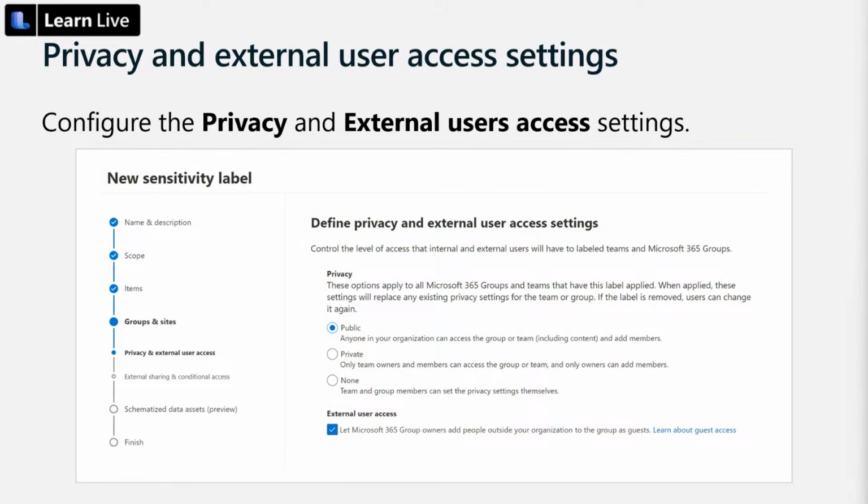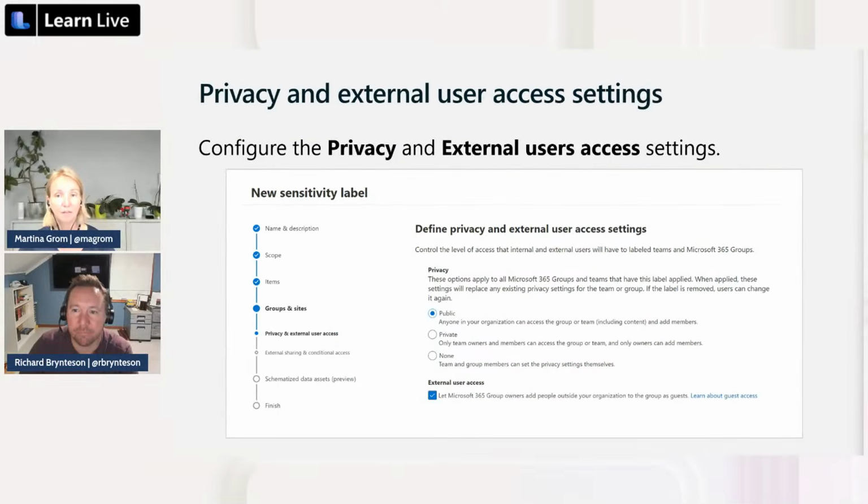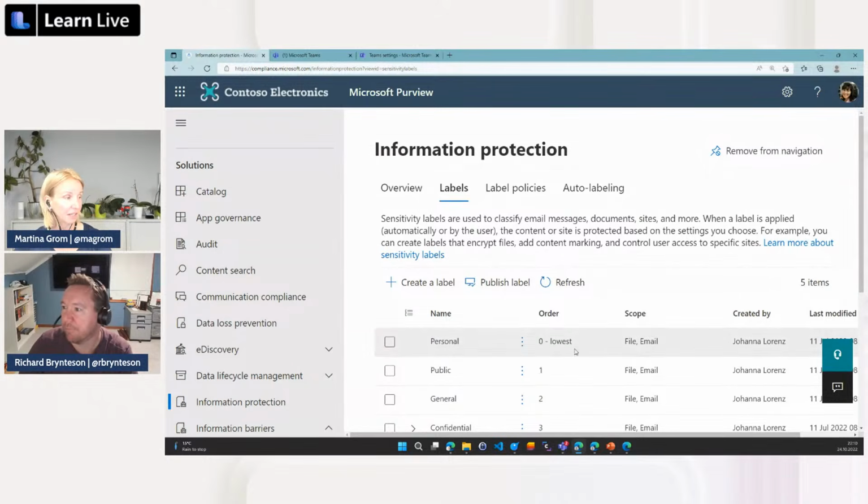It can't be a public team if it's a strictly confidential team. Or you can say, I do not want to have external guests in my team. So if you go through that kind of configuration, you can make a really safe Microsoft Teams space in your environment. And I might show you that in a little demo.